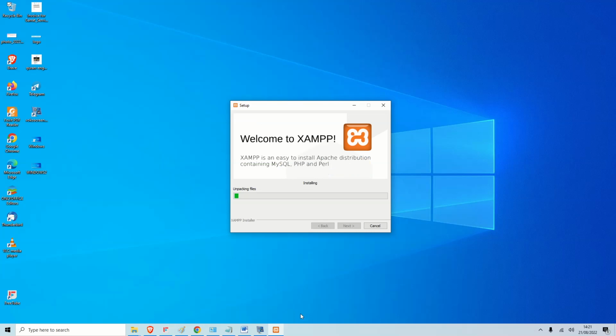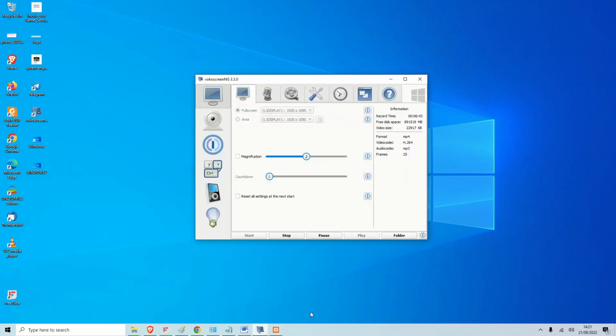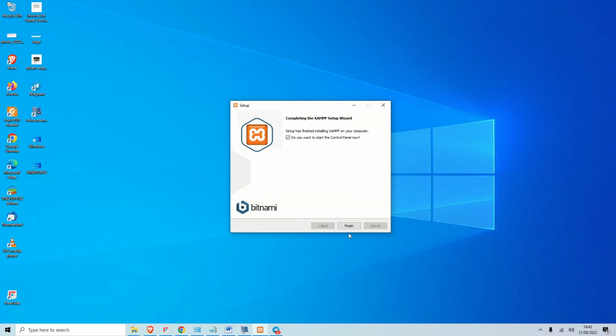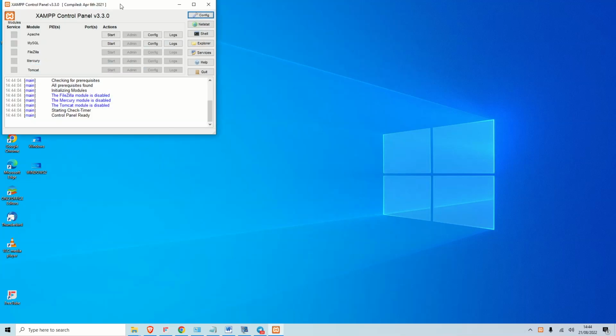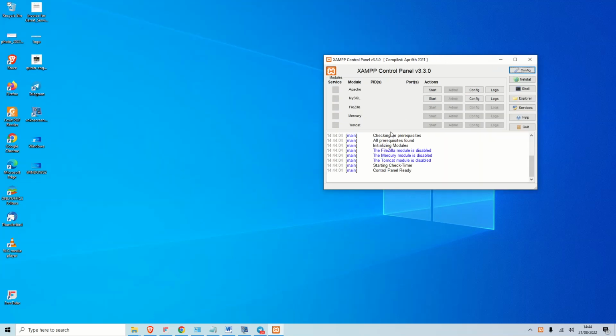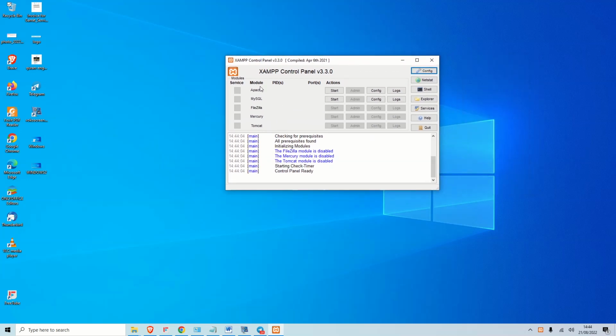So what I'm going to do is pause while this is continuing in order to shorten the video. Thank you. So I'm back. Let's continue and finish the XAMPP install on Bitnami. Finish it. So it's going to finish it now. So XAMPP is now ready. As you can see in this little tiny window, the XAMPP control panel, version